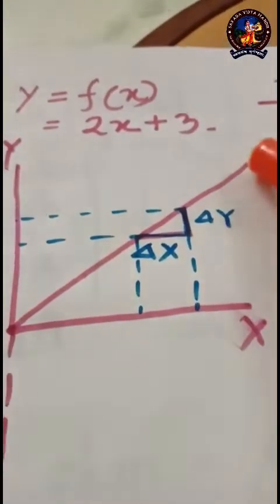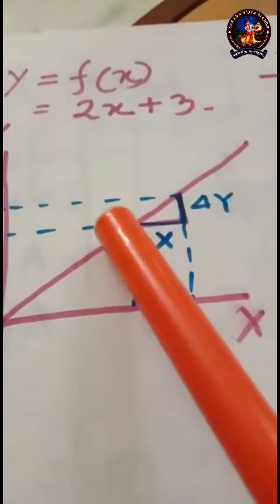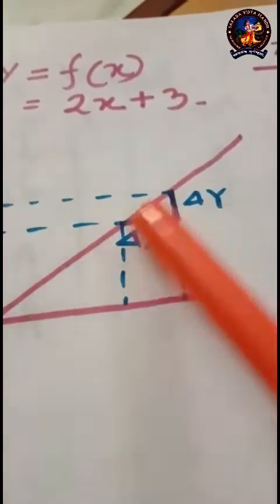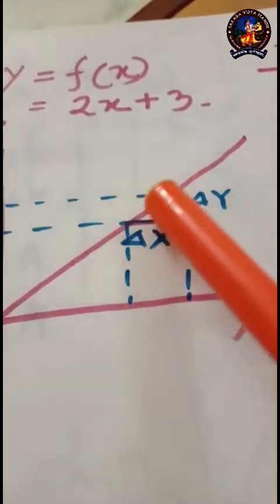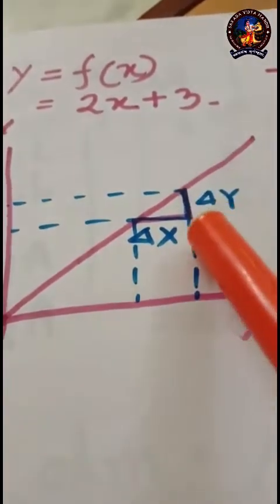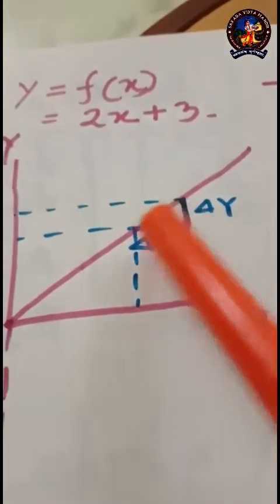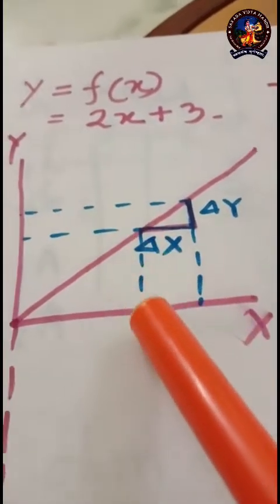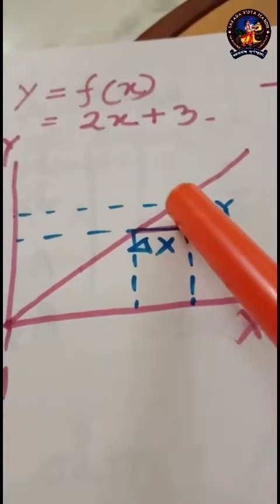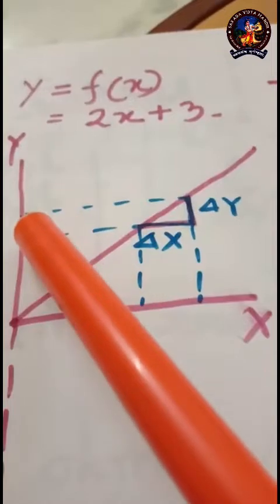Suppose this is the graph, and what to do? I'll take a very small part of the graph, and I'll make one right angle triangle on it. Got it? This is the graph. I have taken a very small portion of the graph and I have made the right angle triangle on it. Now this is the perpendicular and that is the base. So from the base, if I drag these two lines, it would make a section on the x axis, and from this perpendicular, if I drag the lines to the y axis, it would make a small section on the y axis.